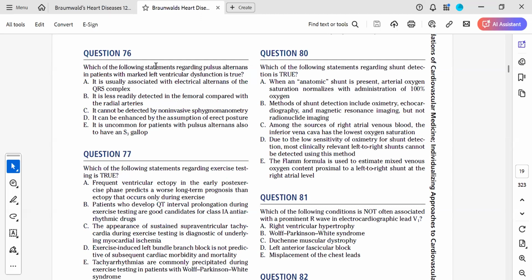Exercise testing, Dr. Denaka just presented, talked about exercise testing, so I may not go much about it. Some of the options here will also discuss them. So if I start with the first option, A, ventricular ectopics. As we know, ventricular ectopics can be normal. In fact, it is said to occur in about 20% of patients during exercise testing, which can vary from isolated PVCs to non-sustained VTs. Although when frequent ventricular ectopics occur during exercise or the recovery phase,